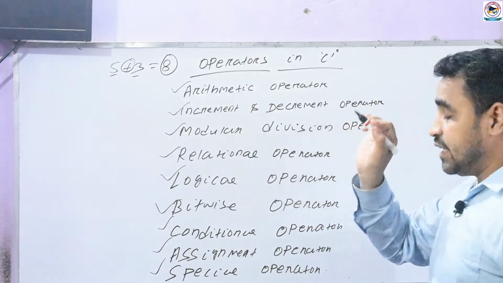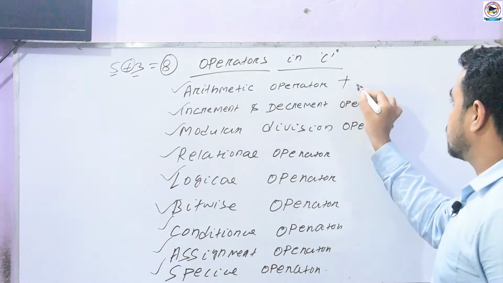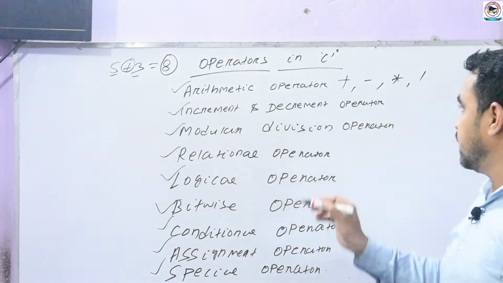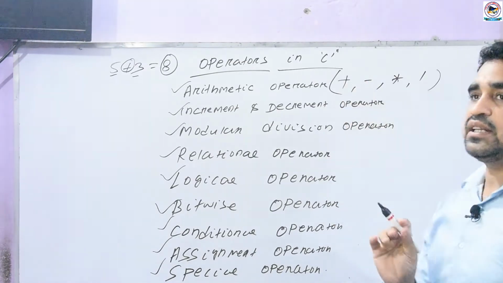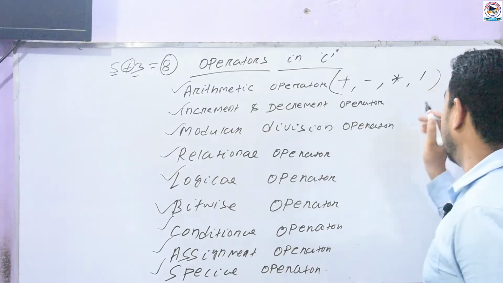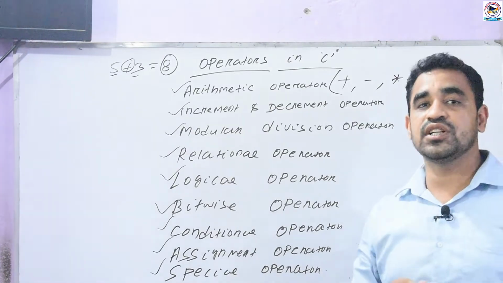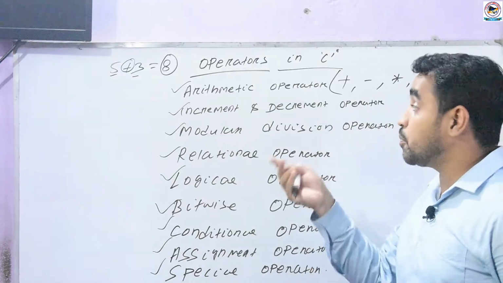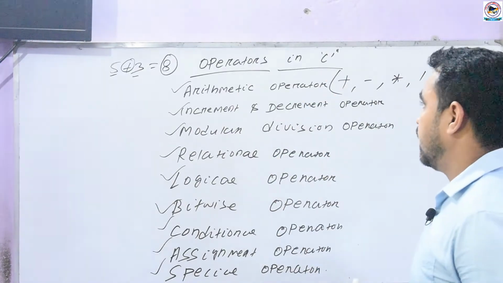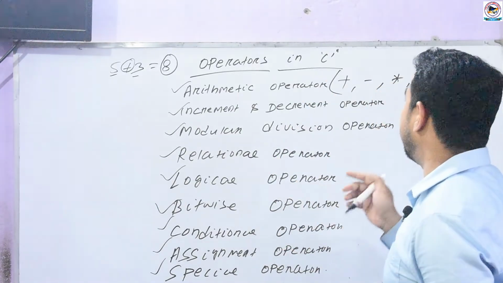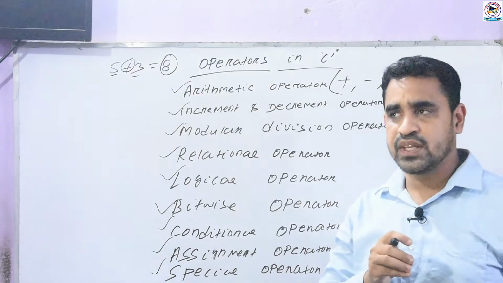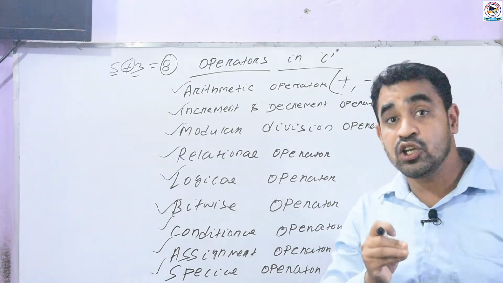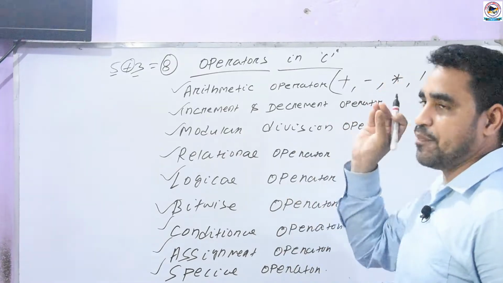In arithmetic operators we use plus, minus, into and divided. In computer we use star as multiplication and a forward slash as the division. It is used to perform the arithmetical task and to execute the arithmetical task in your program. Operator is most important because we use the operator to create the logic of the program.